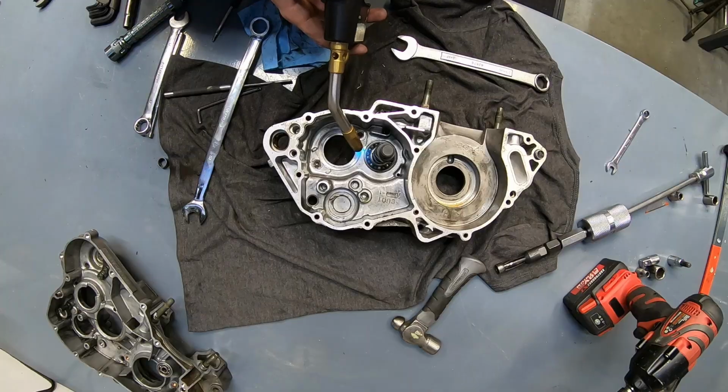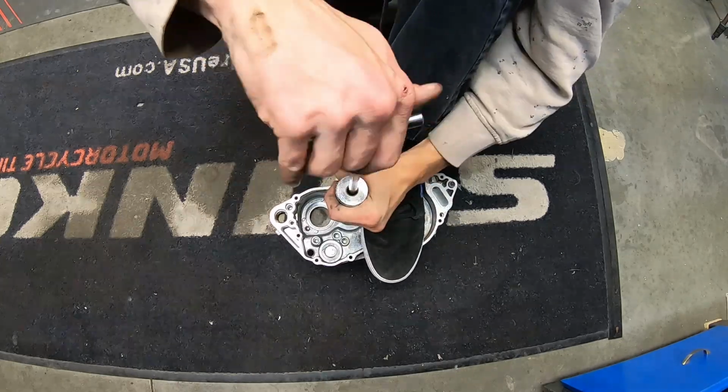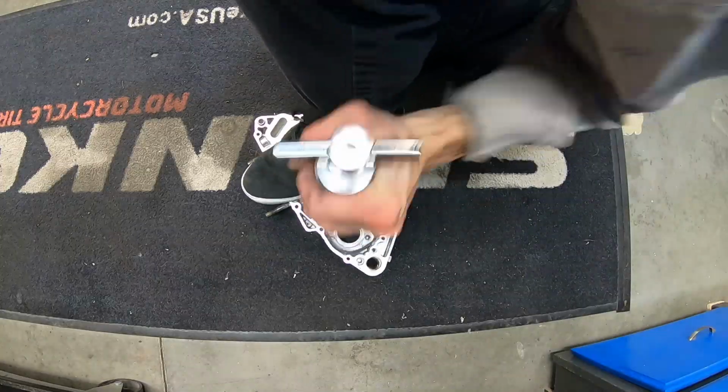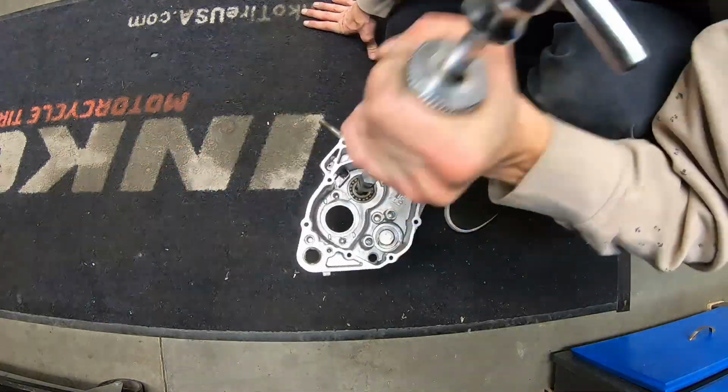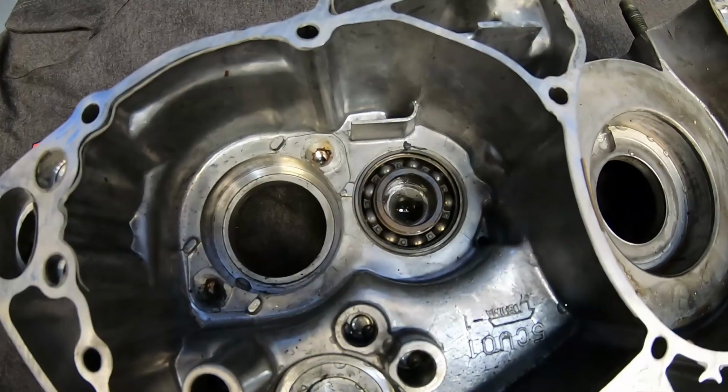Bang, bang! I was just about in the clear as I only had 1 bearing to go, and this transmission bearing gave me the absolute time of my life. I spent well over an hour beating it with the slide hammer, torching it. I even put it in the snow to try and freeze the bearing and then expand it again with heat